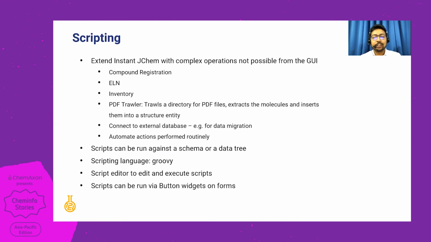So how this scripting works is basically, if you know how to write code in Groovy, then you can write it yourself, or you can contact us and we can do a consultancy project to support you in your custom needs. And then we will provide you with this particular specific project that will have your custom requirements. This is very useful because not every time you would want to buy another piece of software just because a small part is missing from Instant JChem. So this scripting enables us to make your requirements fulfilled.